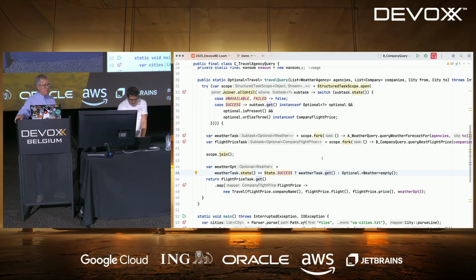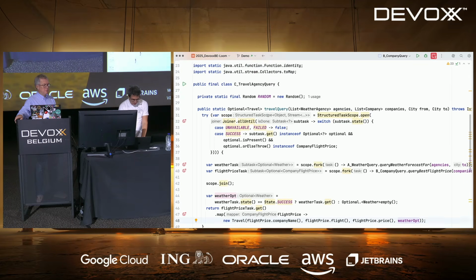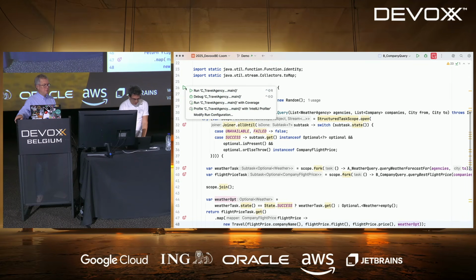So obviously, if it doesn't succeed, I will return empty, and here I will send the weather as an optional value, which is, if I run